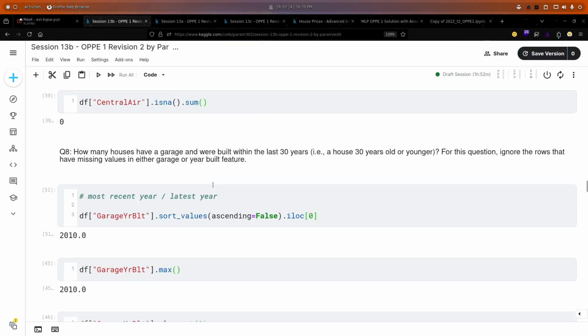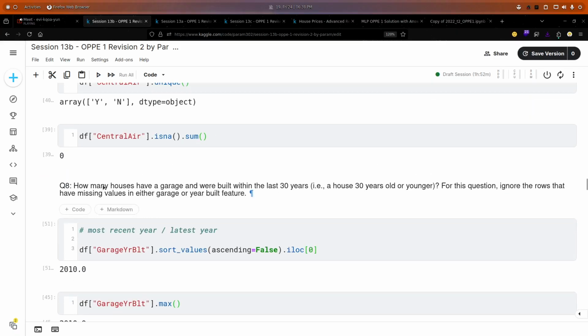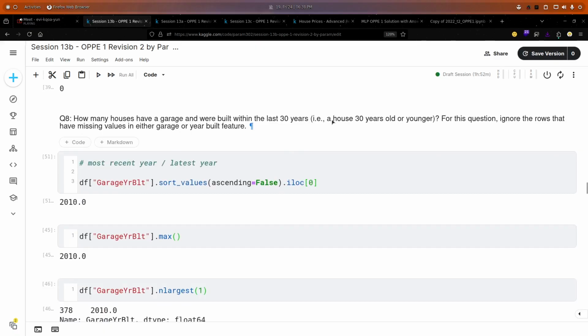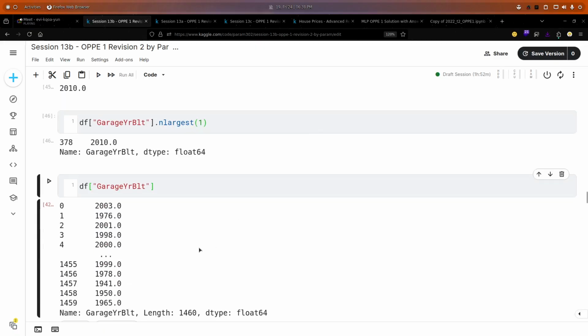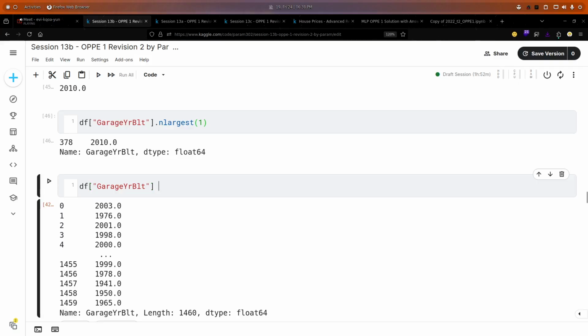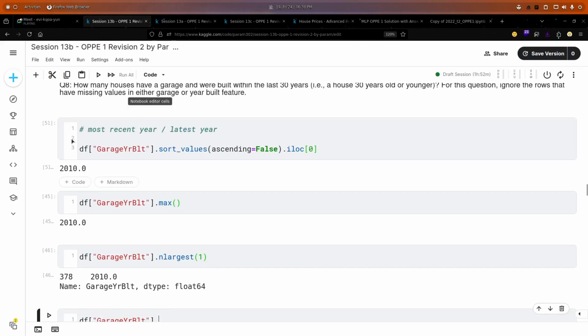Then we have to check how many houses have a garage and were built in the last 30 years. So how can we check that they are built in the last 30 years? Any idea, guys? Okay, we can use a datetime function.